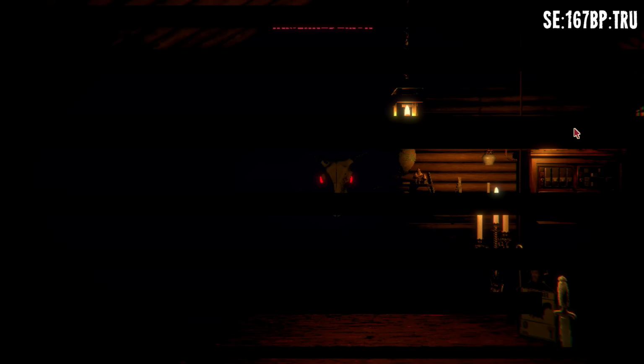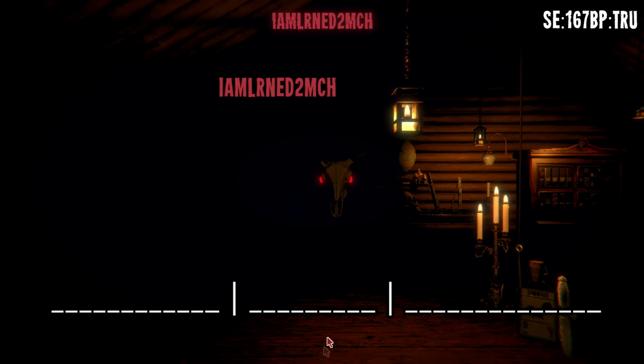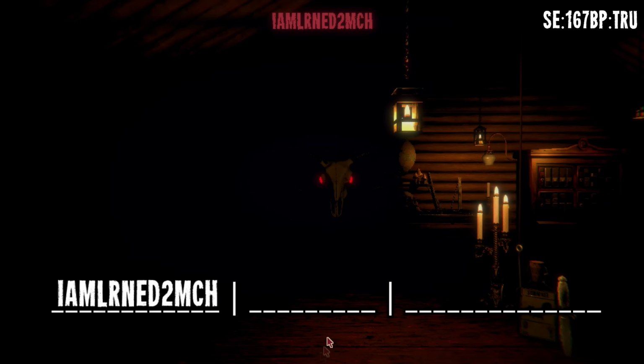I didn't get it. I got it. I had to alt tab before the game crashed, but boom, there it is. It says "I am learned too much," but in condensed mode. So that's the first third of our second cipher. And then I'm going to tab back in and the game's going to crash. And there it goes. Bye-bye. But that's the first third of our cipher, so we'll move to the second third, the